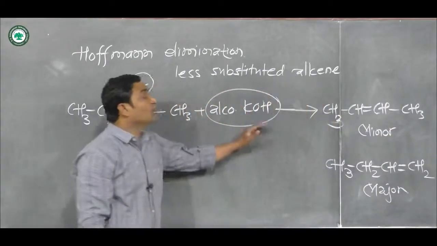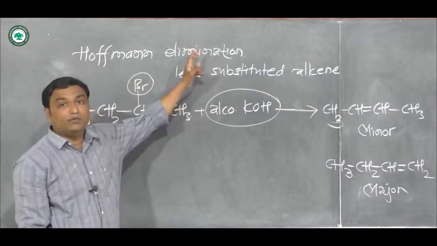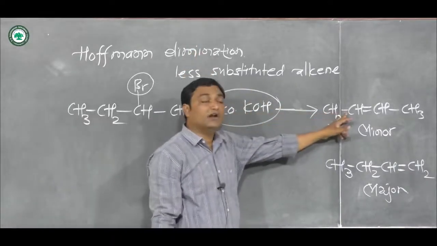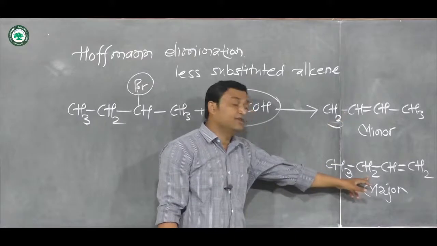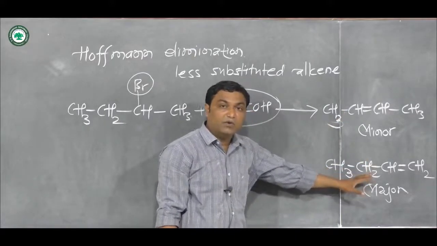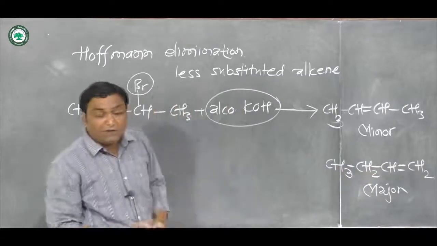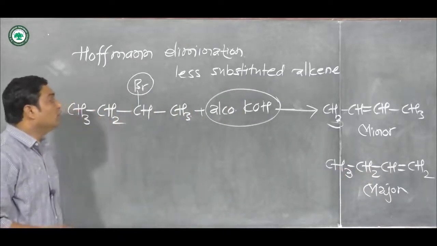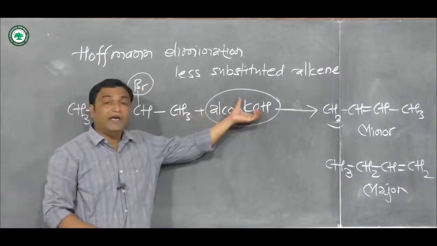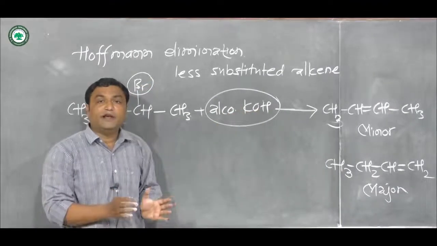It is totally opposite to the Saytzeff rule. We know that in the Saytzeff rule we obtain this as a major compound, whereas the less substituted alkene is obtained as a minor compound. Now for that purpose we have to change our leaving group and base from less bulky to